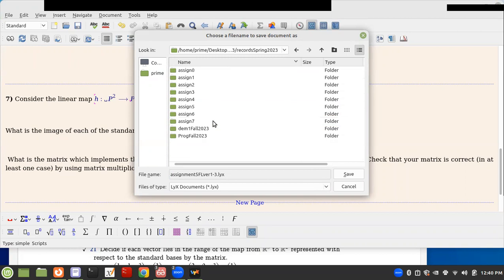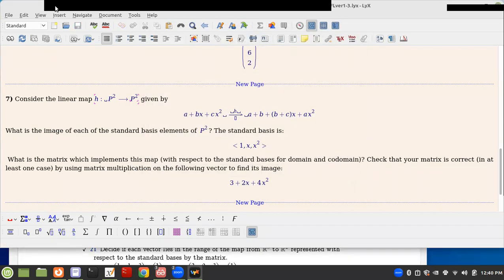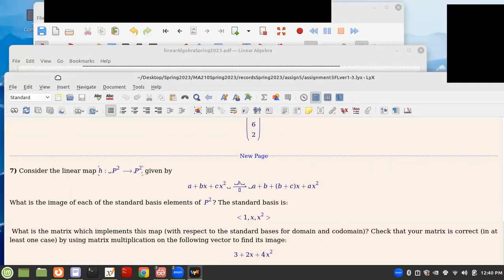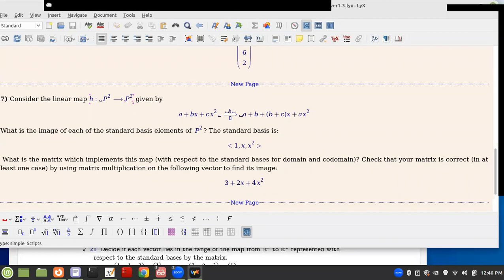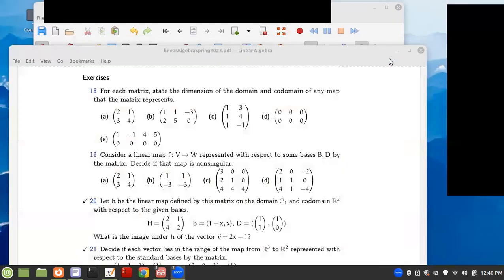We should be able to, let's see, where does this go? This goes under assignment 5, okay, there. So well, let me